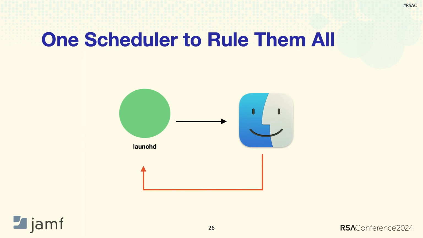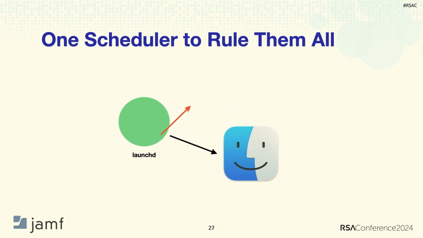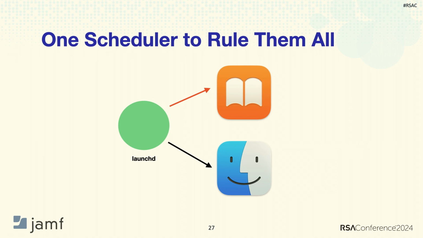So basically, when you double click an application, Finder would send some type of IPC message over to LaunchD, and then LaunchD would go on to open whatever app the user clicked on, so long as permissions for that app are set according to the user that clicked it. But this again leaves us, if we looked at the process tree at any given moment, with no idea that Finder was used to open the Books application.